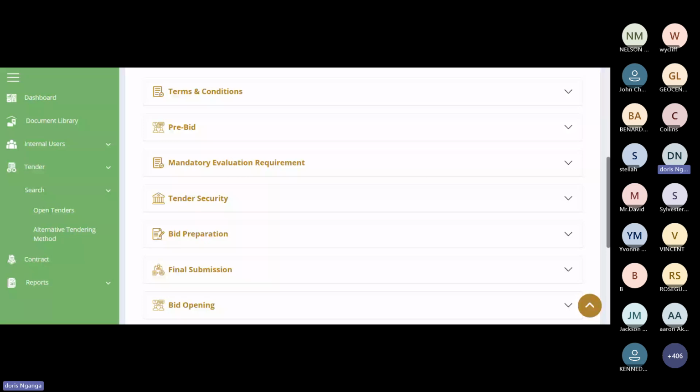Kindly have some patience. We are still doing the approval in the EGP system for the suppliers. By the end of the week, we can promise you that 90% of them will be approved. So we request for your patience, because we are really working very hard to have all suppliers approved in the EGP system.